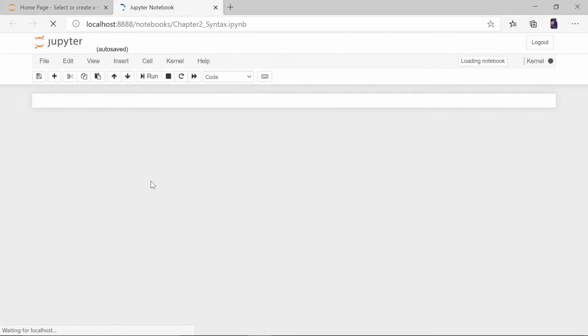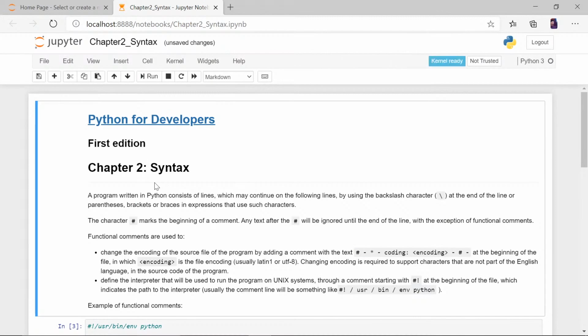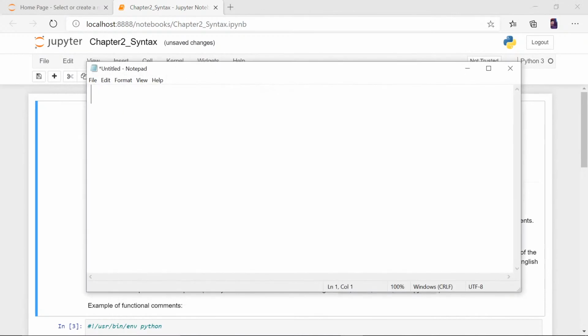syntax. So syntax, if you don't know, is a way of writing code. If you write code in C++, you start with hashtag include, then it's iostream, or it's conio.h, then iostream.h, then stdio.h.